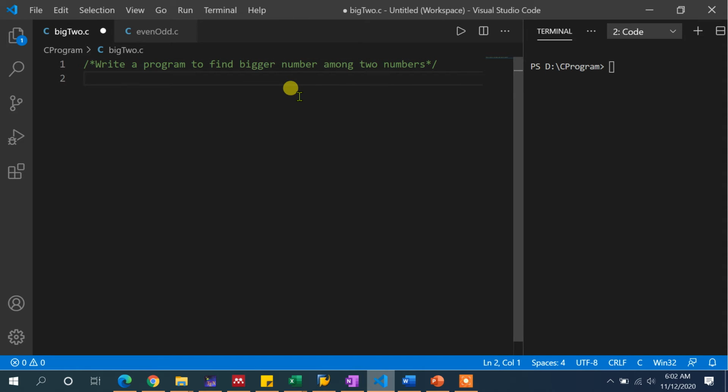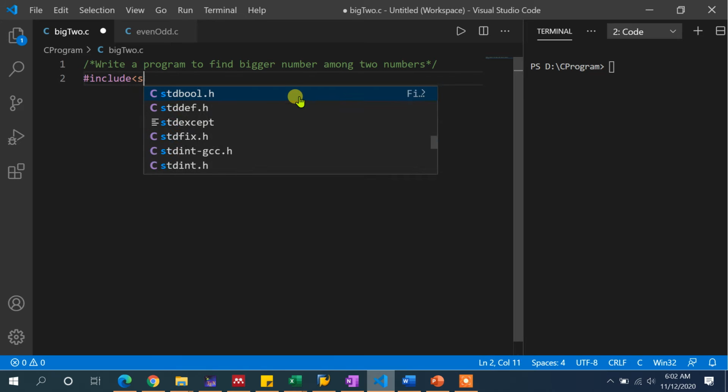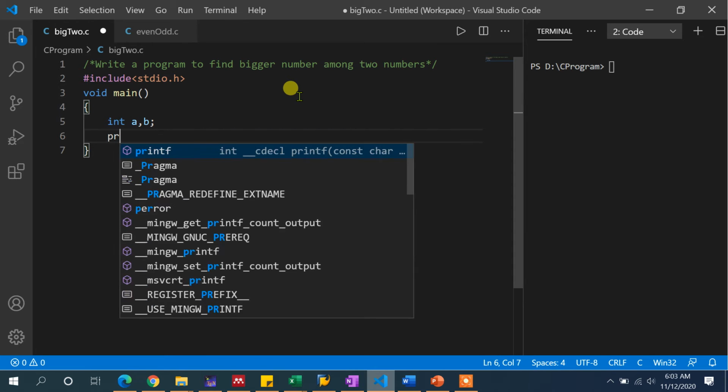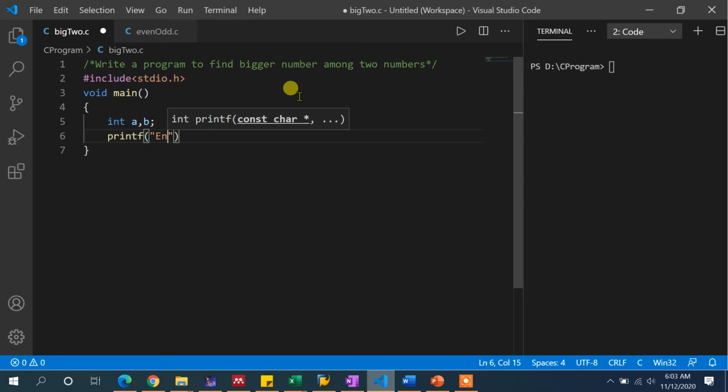To do that, we have to take two variables, obviously. So let us first write the header file as include stdio.h. Then we need to write void main. You can use int main also, then in that case you need to write the return 0 statement. I have taken void main. Now I'll take two numbers, so int a, b. These are the two variables for which I am going to take inputs. So printf enter two numbers